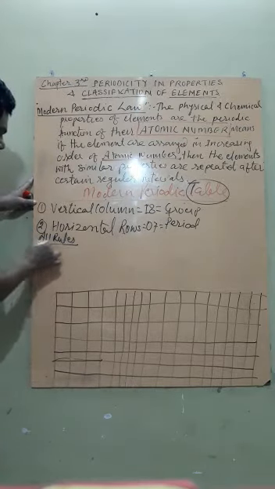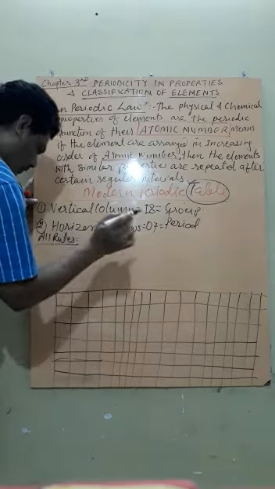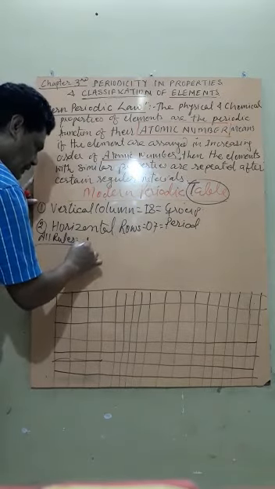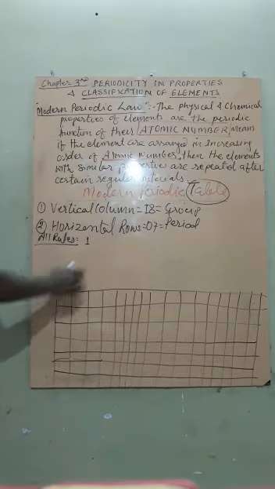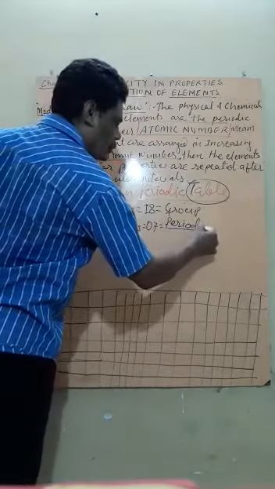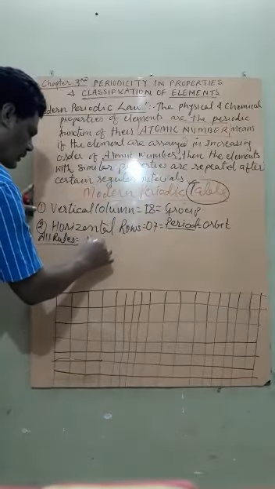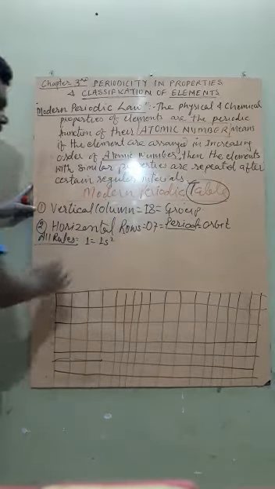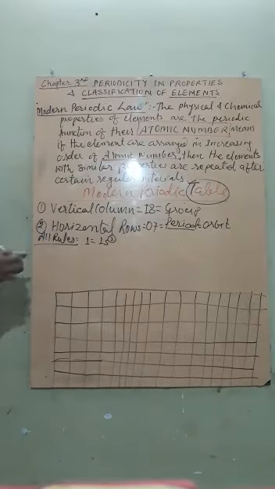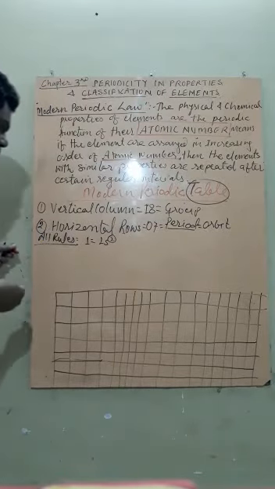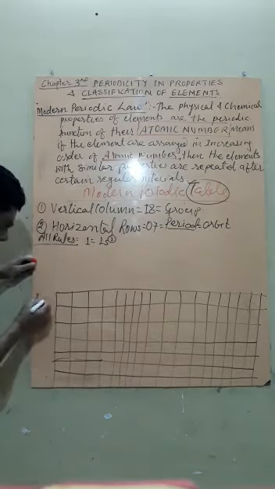Now what to do? Let's take help of all the rules, that is the rules of filling electrons. So you know that the horizontal rows are called periods, and the period shows the number of orbits. So the first orbit consists of 1s2. That is, how many electrons will there be? 2 electrons. So these 2 electrons will be placed in your first period. See, number 1, number 2.